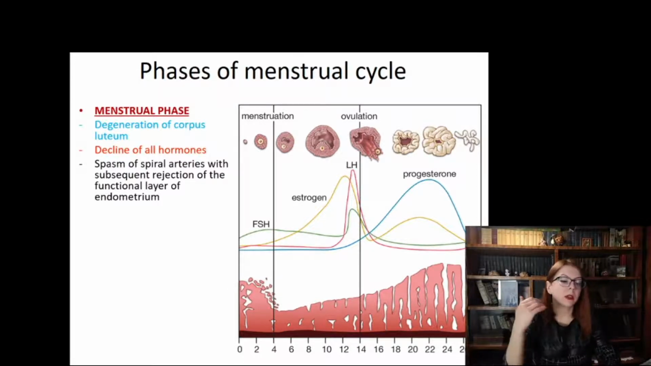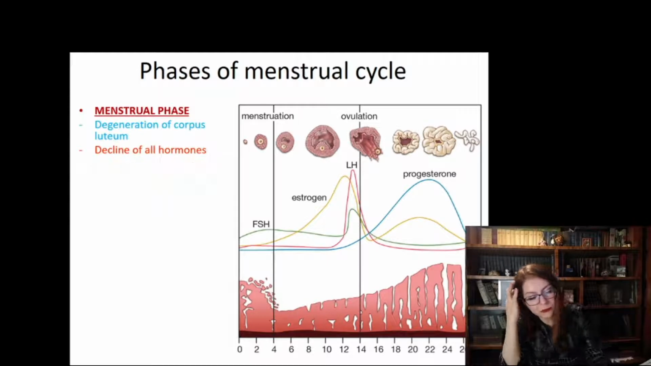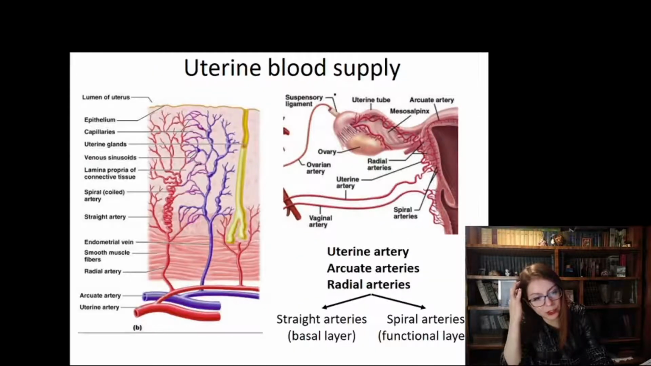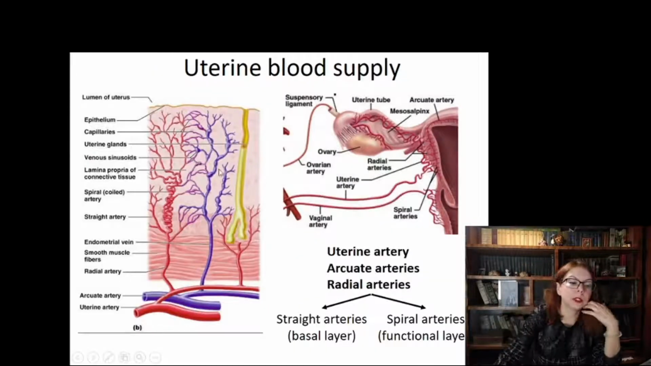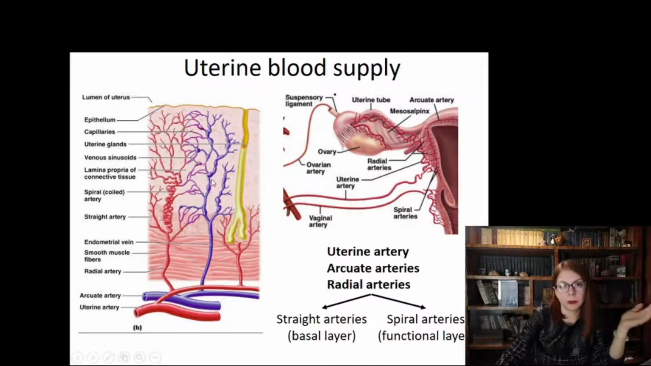Then, due to this rejection, besides, if we return to the previous slide, we'll see that there are lots of veins in the functional layer of endometrium, and they are exactly the source of bleeding, because arteries contract, so there is no arterial blood in the menstrual discharges, but there is the venous blood. It is dark in color, and this bleeding is not massive because it occurs through veins where blood pressure is